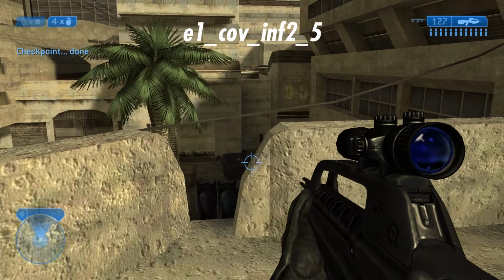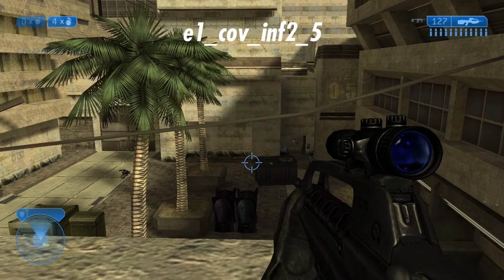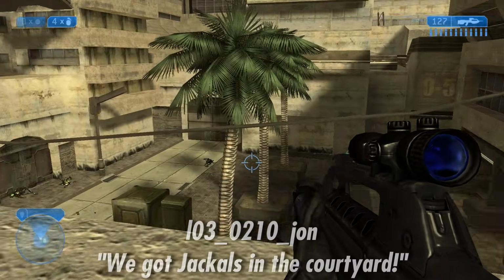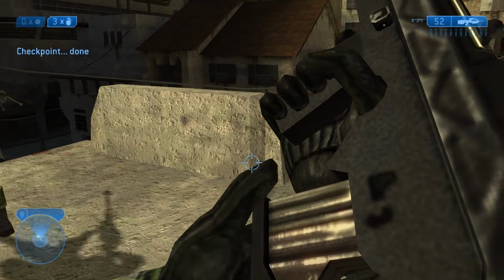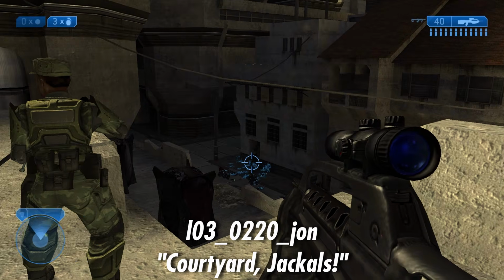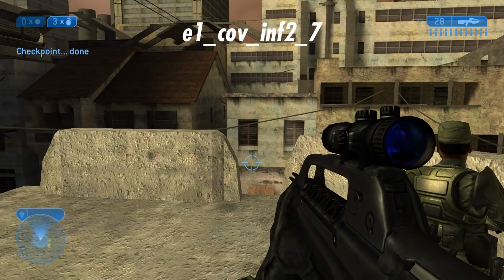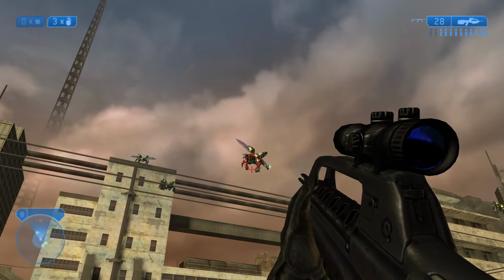Squad 2-5 is the famous Jackals in the Courtyard wave. The iconic Johnson line is his Phase 1 line. He has a Phase 2 line that was cut from the game. Since we went over 2-6 already, we skipped to 2-7, our last squad which goes unused in the